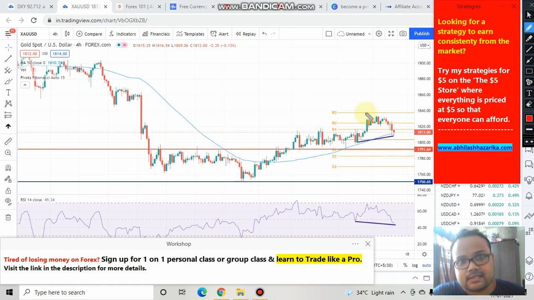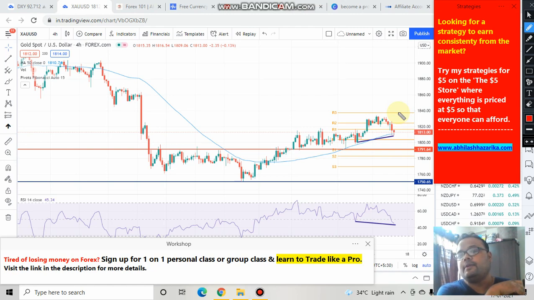Because if price starts going up from here, you can see that during the last trading session gold has formed two candles. Yes, undoubtedly those two candles are red. But try to focus on the market psychology here. You can see that there was also price rejection from below, which clearly signifies that bulls were there in the market. Yes, sellers were dominating, no doubt about it, but bulls were also present, and they were giving their best shot. They were trying their best to take the price upward. They failed, but still their presence we cannot deny.